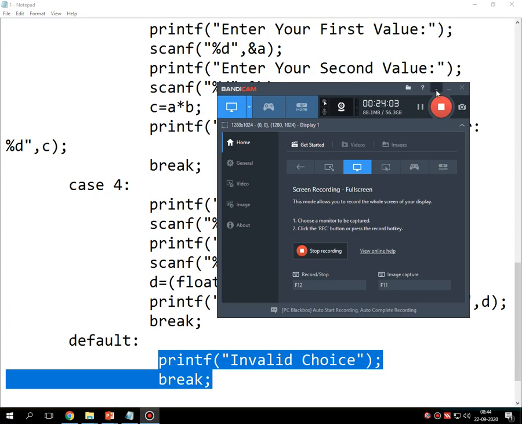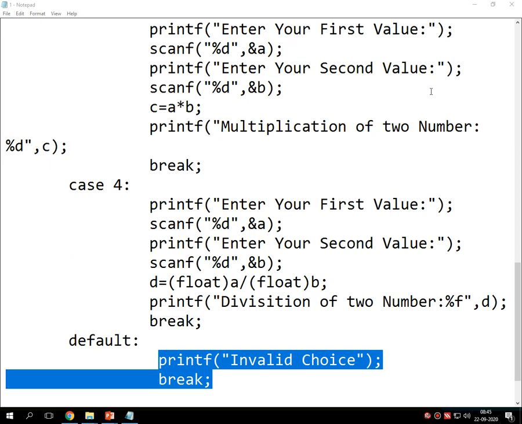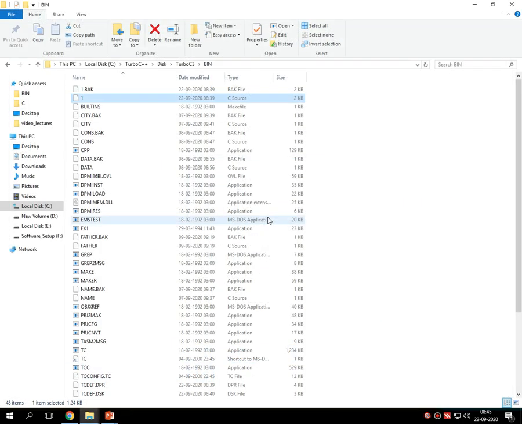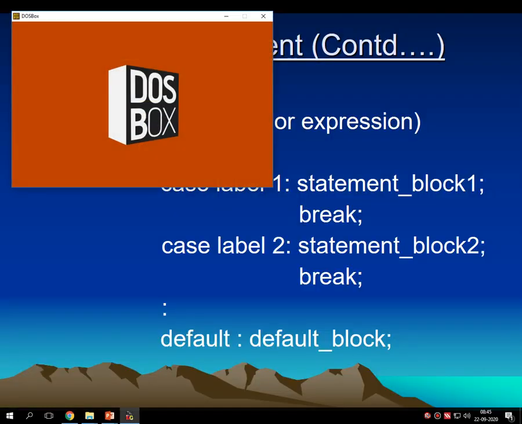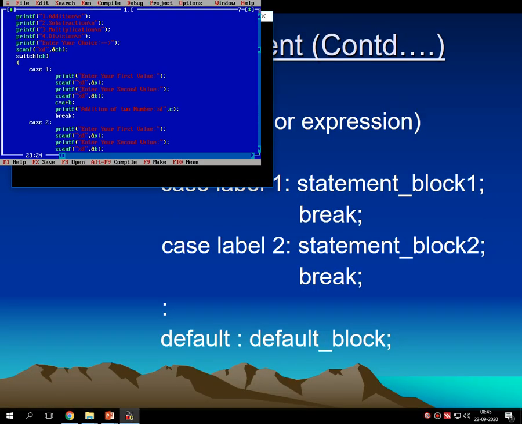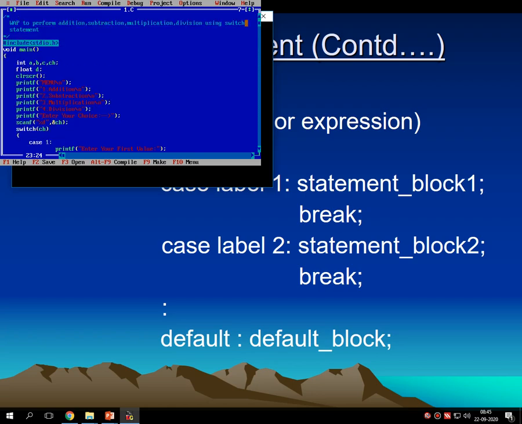So I hope this is clear for all the students, how to execute the switch statement program that we have written, using the C compiler. Now let's do one more switch statement, but a very small program. So let me start the C. Write a program to check